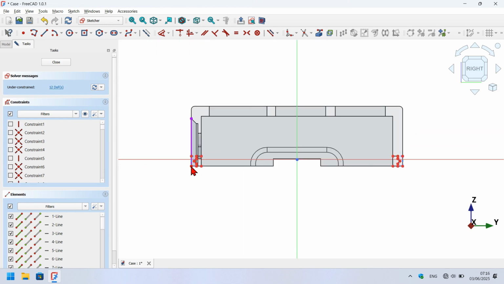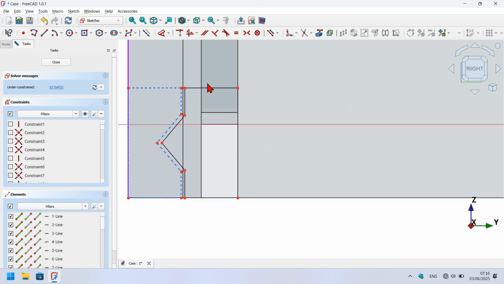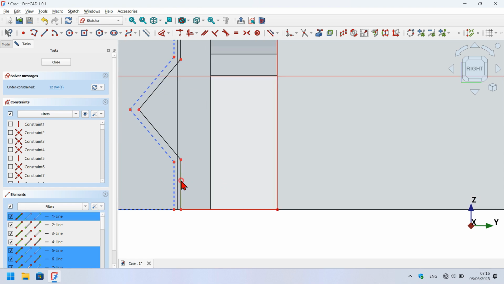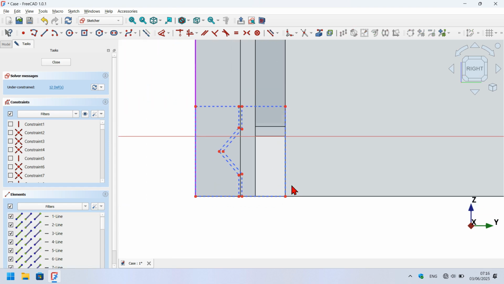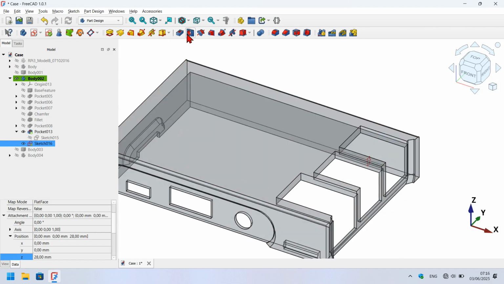What I'm going to do now is to change this geometry here to a construction geometry. For that I will select all lines of this geometry like this, zoom in here, select this line and this line here, and now this line, and click on this icon here. And now I have this, as you can see. I close this sketch, and next here I will select the pocket tool